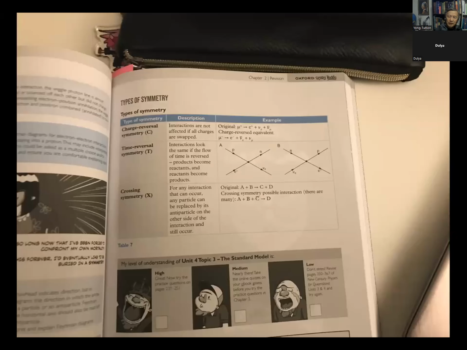Can we return to the first example, the muon? If the muon encounters the neutrino, could that reaction happen based on the crossing symmetry? Could that happen? Do you know what I mean? Can we go to a whiteboard? You can write on this, I think. Okay, I can write, yes.